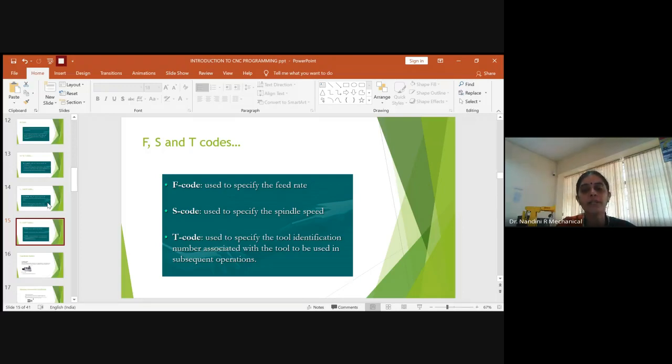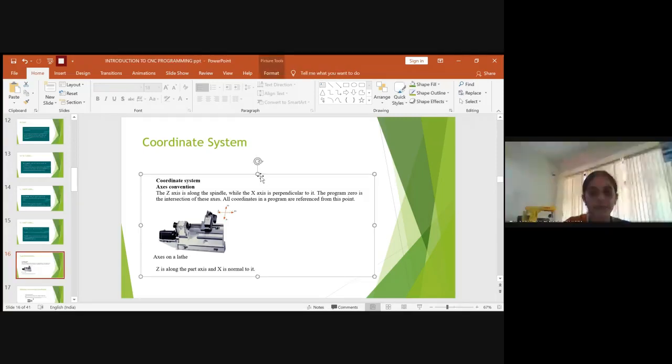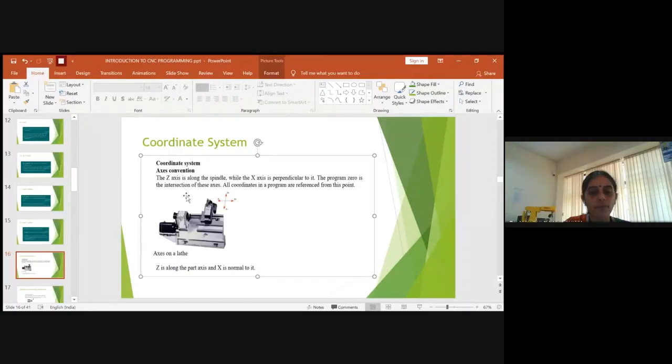Now you should learn some syntax before performing the part programming. First of all, you should know the coordinate system, as it is shown here. So here this is the Z-axis and this is the X-axis. I told you we will be using only two axes, one is X and the other one is Z. So the Z-axis will always be along the direction in which the spindle moves. But the Y-axis will be perpendicular to the movement of the spindle.